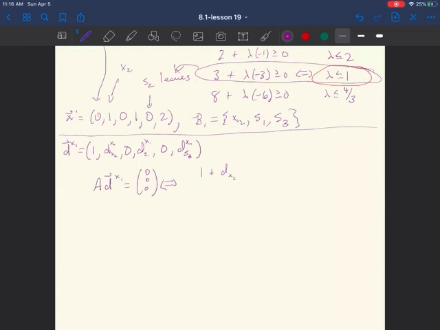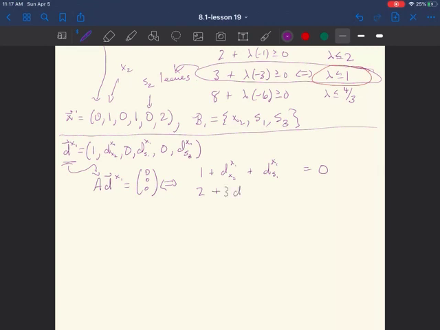So we have 1 plus this unknown dx1, x2, plus dx1, s1 equals 0. If you plug this vector into the constraints, you're going to see that's what pops out for the first line. You have 2 plus dx1